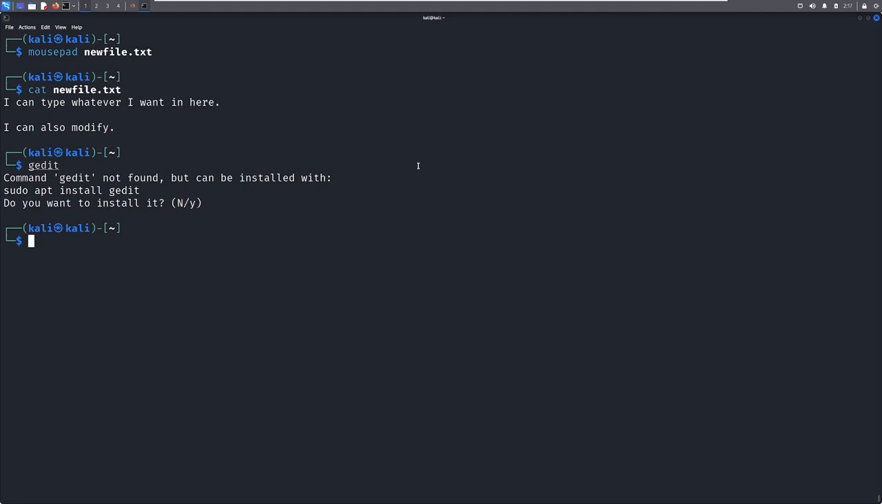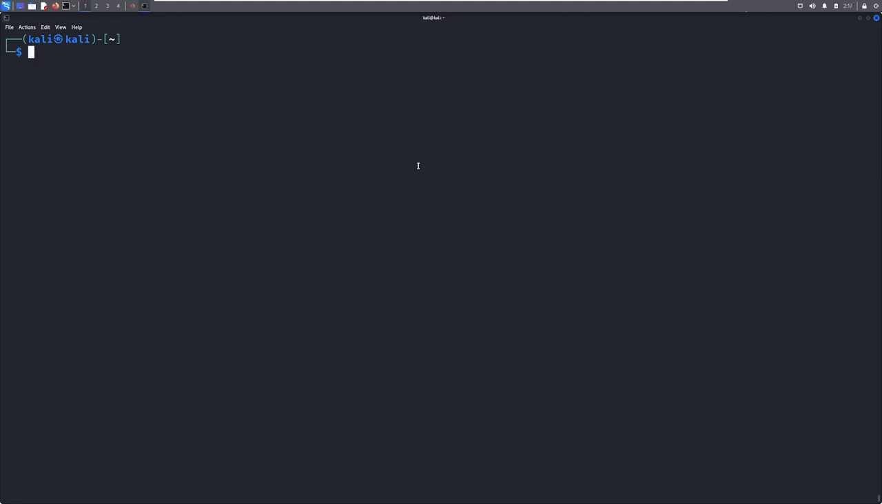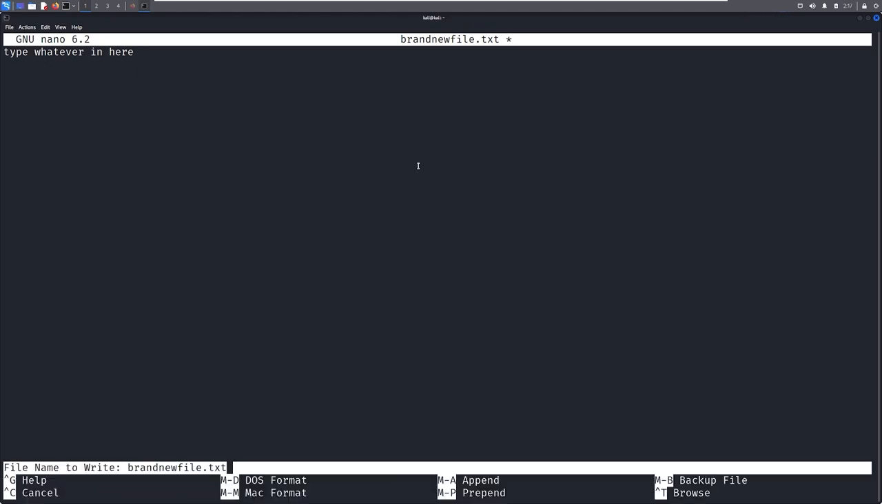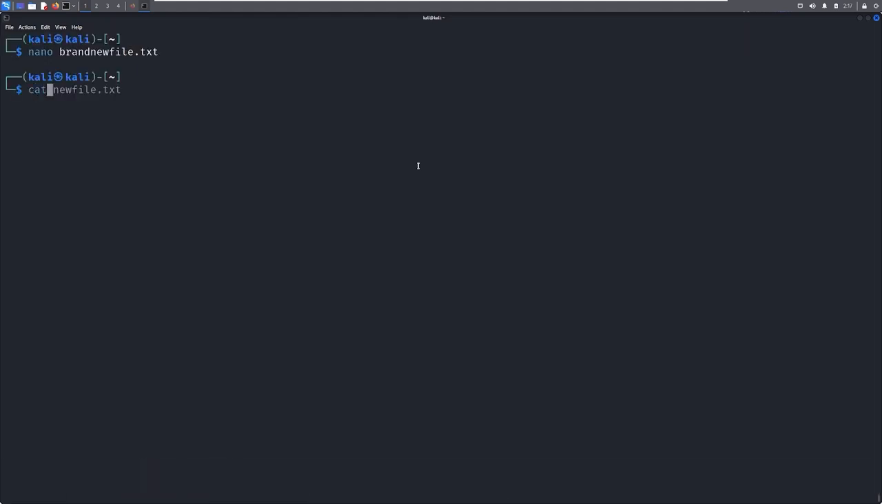One last thing, with Nano or any of these tools, you can make a brand new file. So you can say like brand new file.txt, and then you can type whatever in here and Control X, hit Y, hit enter, and then you can cat out brand new file, and guess what? It's there. So the file doesn't have to be